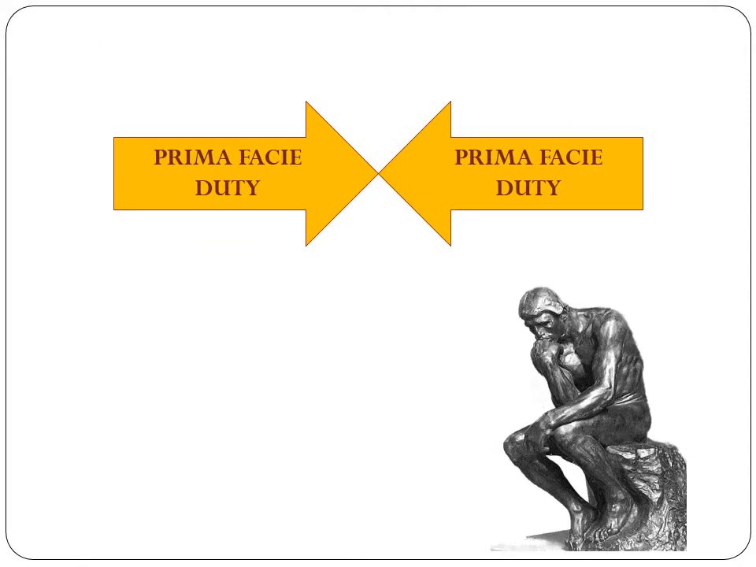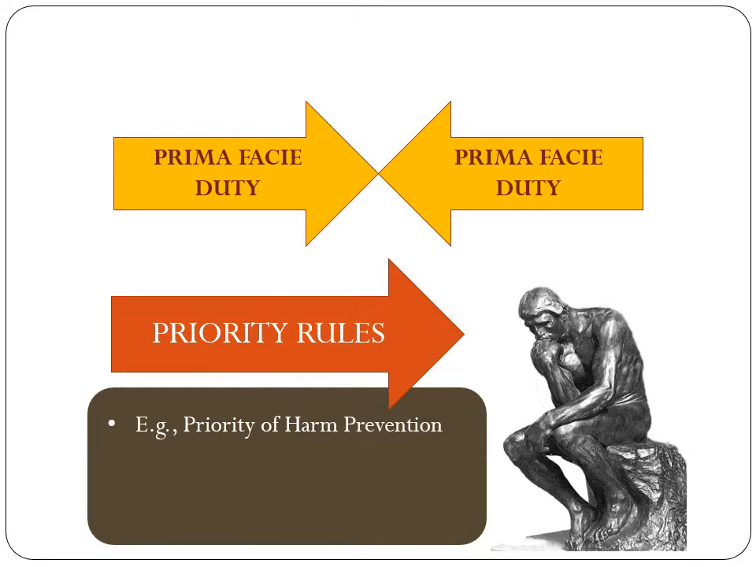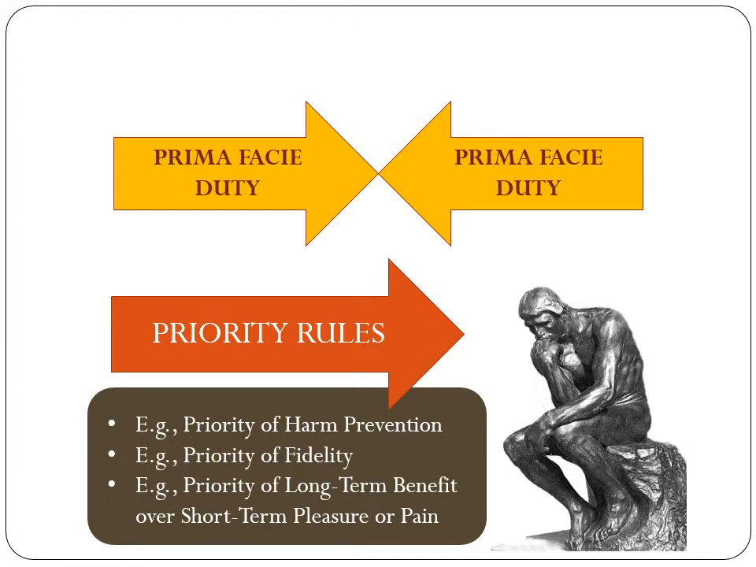Now, one very important revision that Garrett makes to Ross's theory is the addition of what he calls priority rules. These are rules of thumb to help us in judging certain common prima facie duty conflicts. Garrett cites 3 such rules: the priority of non-malfeasance, all things being equal, harm prevention overrides other conflicting duties; the priority of fidelity, all things being equal, fidelity takes priority over beneficence; and finally, the priority of long-term benefit over short-term pleasure or pain. All things being equal, long-term benefits override any short-term pain or pleasure that may result from